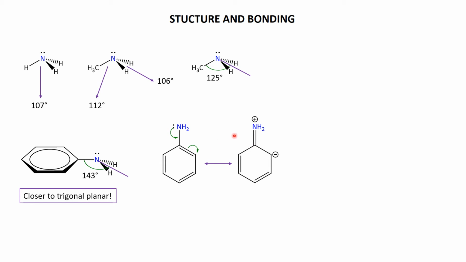And then, of course, now we've made the nitrogen positive because we're taking away electrons it had all to itself and sharing them. And because this is a neutral species, we must also have a negative. Well, we see that for that carbon there. Right, when the nitrogen shared its lone pair to make an extra bond here, this carbon says, oh, now I've got 5 bonds, I don't want these pi electrons anymore, so they got shifted to this carbon, making it negative. And then, of course, we can continue to share that negative charge around the ring,